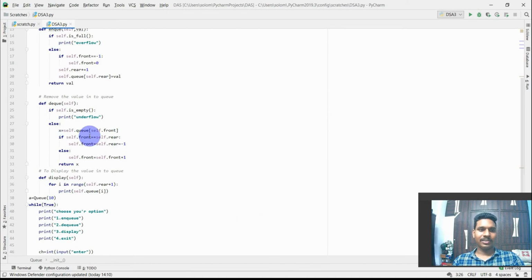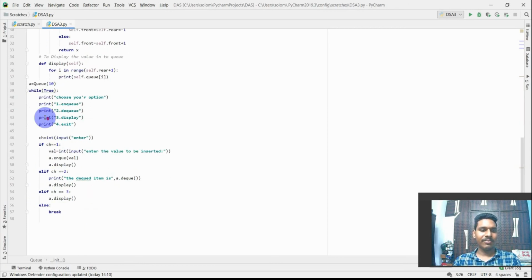If self.front is equal to self.rear, so both the front value and the rear value are equal, then it will set self.front and self.rear to -1. Then this will be removed from the queue. Else, self.front is incremented. So x will be returned, that is nothing but the value removed.